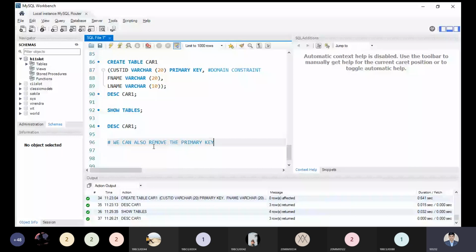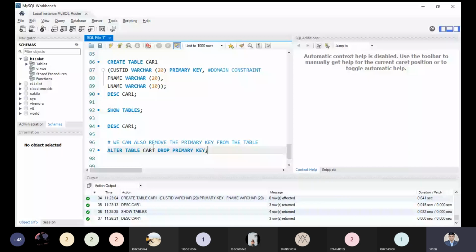Let us understand the syntax: alter table. You are just changing the schema. So alter table, and what is the table name? The table name is car1. And from this table, I'm just dropping the primary key. So the primary key held by the table car1 will be removed.